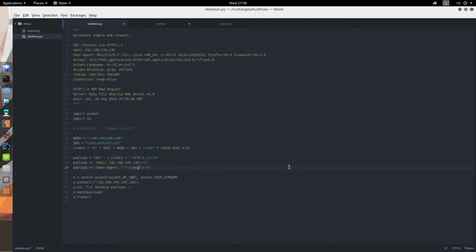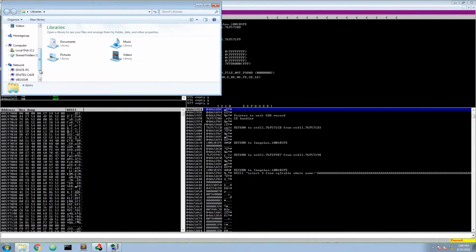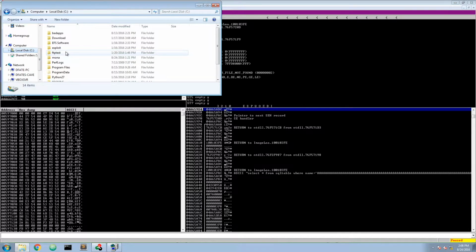Let's just try it, and instead of sending a user agent, we will send a cyclic pattern. We will just call it crash2 in here, and we will use a new Mona command. I mean, it's not new, but I haven't used it before in my previous videos, which is find MSP. And what it does, I will show you right away. So let's once again put our cyclic pattern in here. We already have it in our file. If not, use Mona pattern create, I don't know, 5000, or we don't need that much.